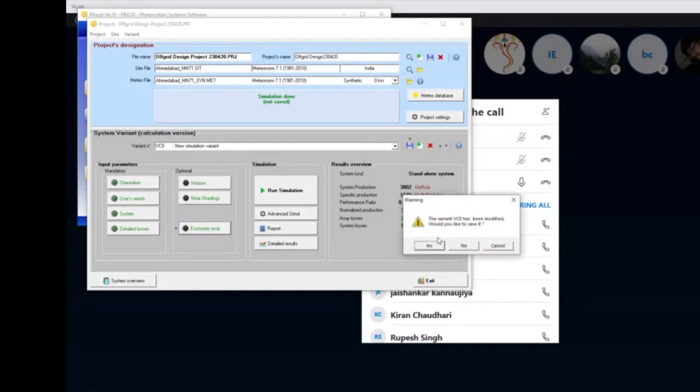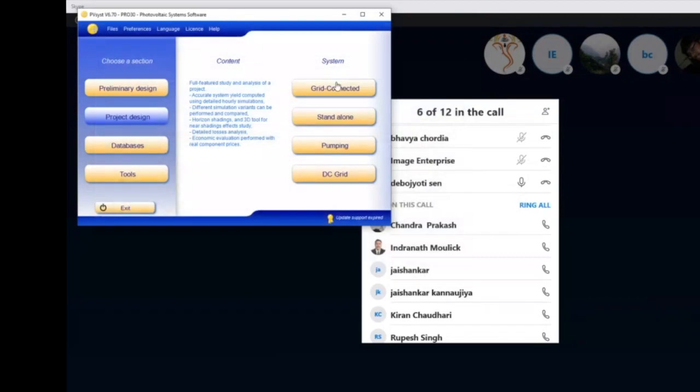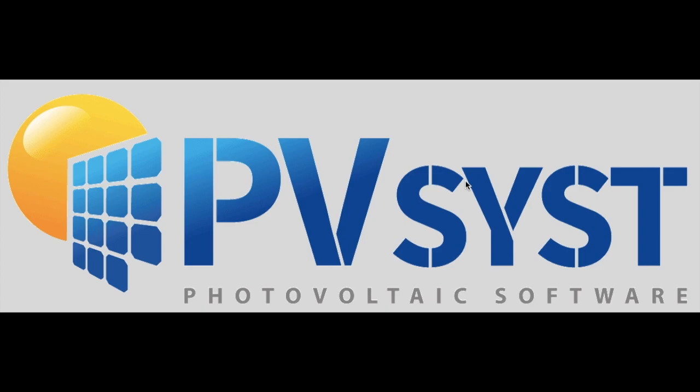So in this part, what we have learned is how to do an off-grid system design manually, how to generate a BOM and how to do the same design in PVSys, and how to analyze the economic aspect and the technical aspect of our off-grid system. Today we have learned how to design an off-grid system using this PVSys software. In the PVSys software, we already learned two topics. One is how to do the design of on-grid or grid-connected systems, and next is how to design off-grid systems, right?